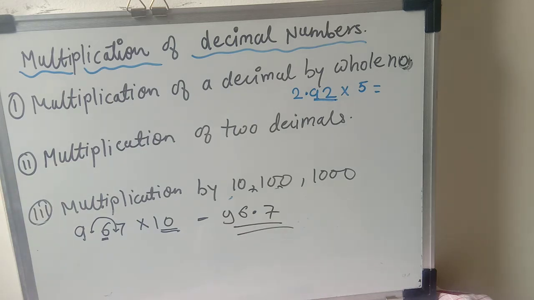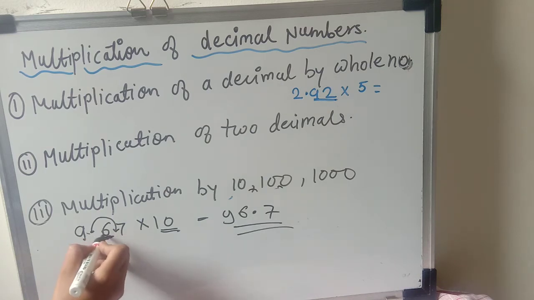Let when we will solve the exercise, at that time you will see the method of how to do the multiplication. You just remember 10 के साथ अगर कोई भी डेसिमल नंबर हम फॉर्म करते हैं, जहां पे भी डेसिमल है वो एक प्लेस राइट की जगह छोड़ के, मतलब ये this is the right number. Okay, after decimal this is the right place. तो ये एक प्लेस छोड़ के यहाँ पे डेसिमल आ जाता है.